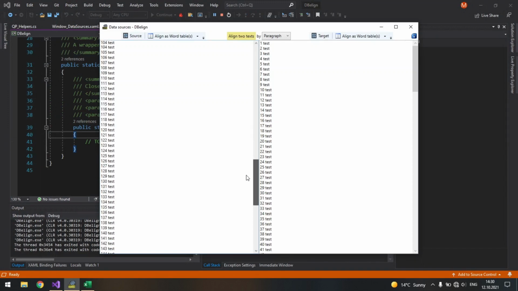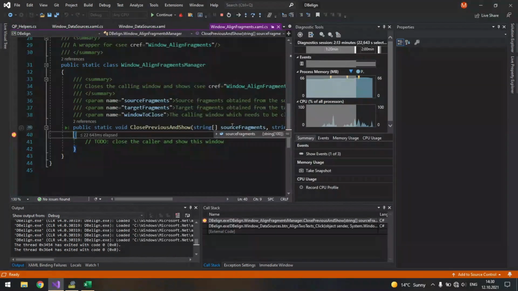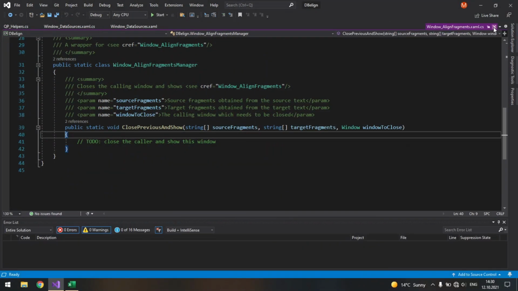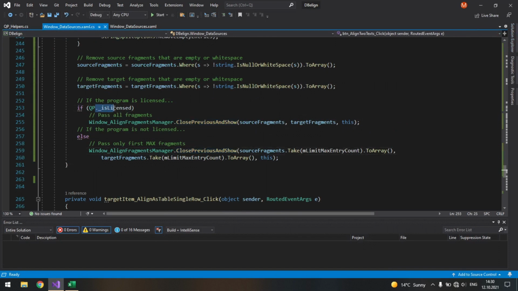As you see, I have here 182. Oh, and if we change it to words, we have again only 100, and you see it correctly reacts.